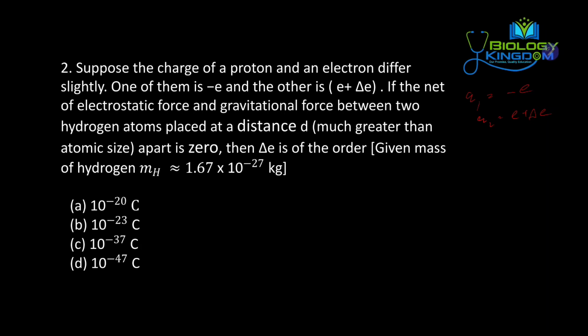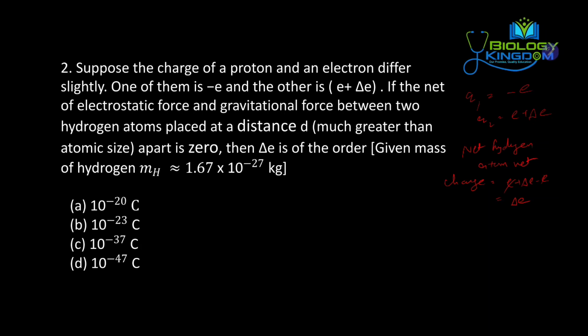Okay, if the net electrostatic force and gravitational force between two hydrogen atoms placed at distance d apart is 0. So you can see here it is talking about two hydrogen atoms. That means two charges are almost same. So if we take the net charge in hydrogen atom, that will come out as E plus delta E minus E. So E and E will get cancelled. So delta E will be the net charge between